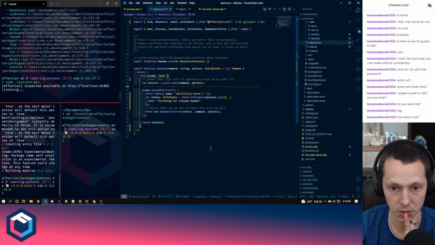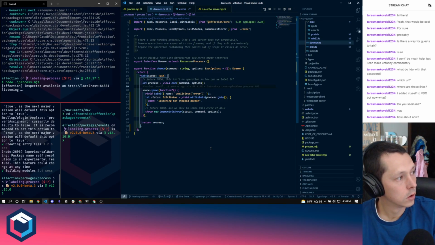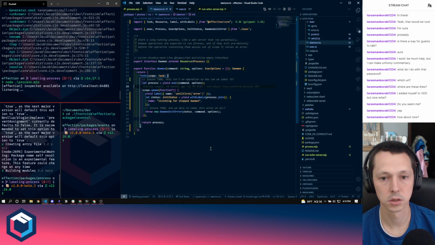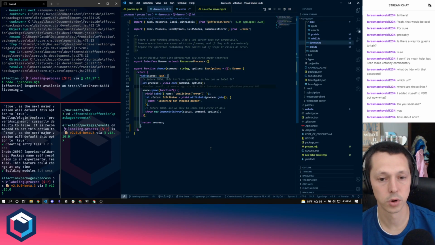There's really not much that we can actually say with this. Export interface daemon extends resource. Oh, so daemon is a resource. And process is